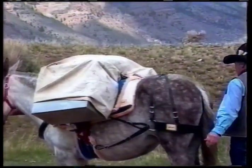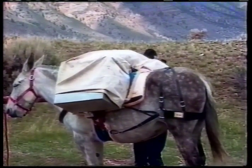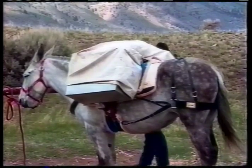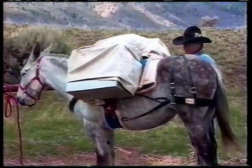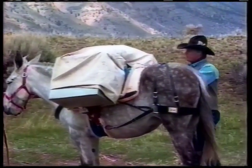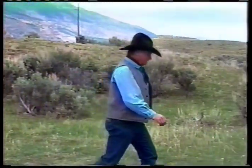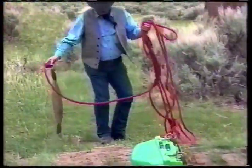And then what we're going to teach is one knot. There's many different kinds of hitches that can be used on carrying a load, and we could spend a good time telling you all kinds of hitches, but I'm going to teach one hitch that allows you to carry just about every kind of load, and it doesn't matter